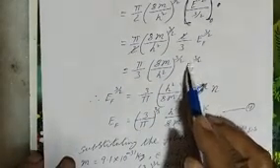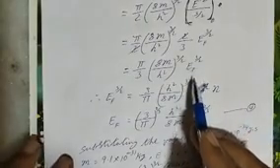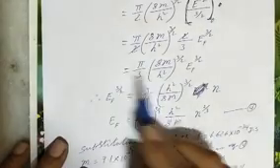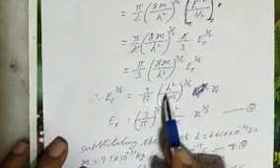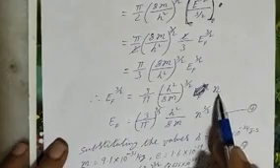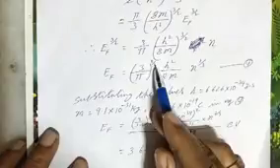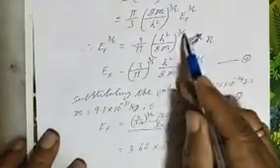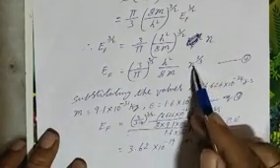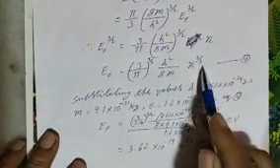From this equation you can calculate the EF value. So EF whole power 3 by 2 is equivalent to 3 by pi into (h square by 8m) whole power 3 by 2 into N. Therefore, EF is equivalent to (3 by pi) whole power 2 by 3 into h square by 8m into N power 2 by 3. Here the 3 by 2 cancels.